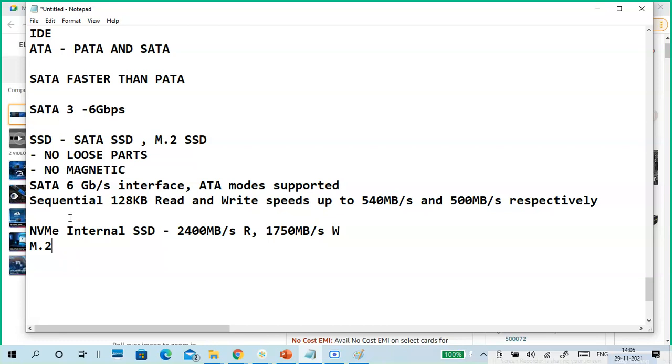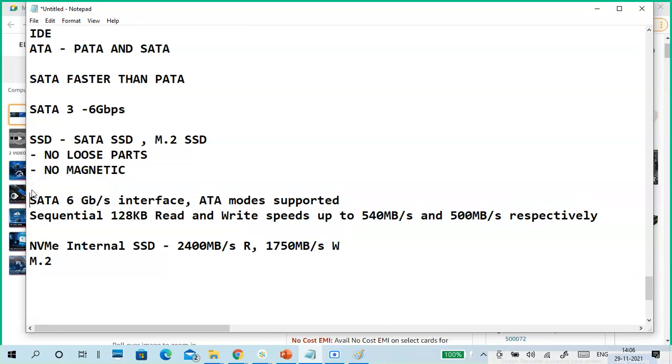Okay, so it is a NAND based memory. It is purely chip based memory, like your pen drive type memory cards. So it also stores data, but not in a magnetic manner. So it is a NAND type memory storage.